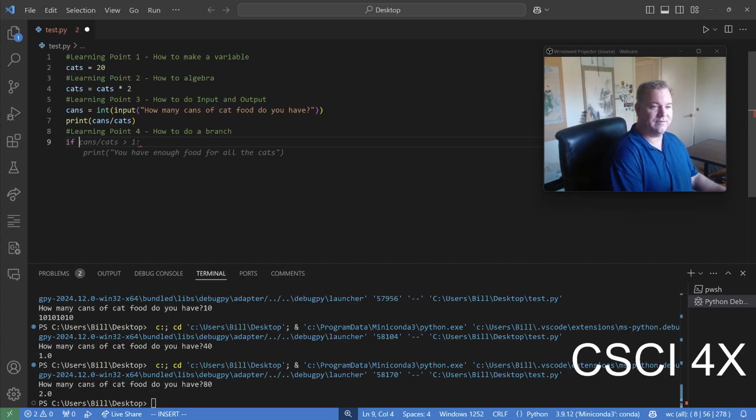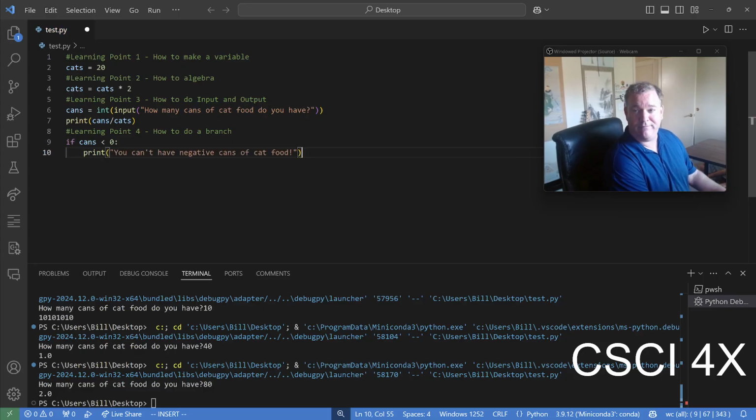So I'm going to say if cans is less than 0, colon. And print you can't have, yeah, okay, fair enough. Thank you, Copilot. Very cool. And then